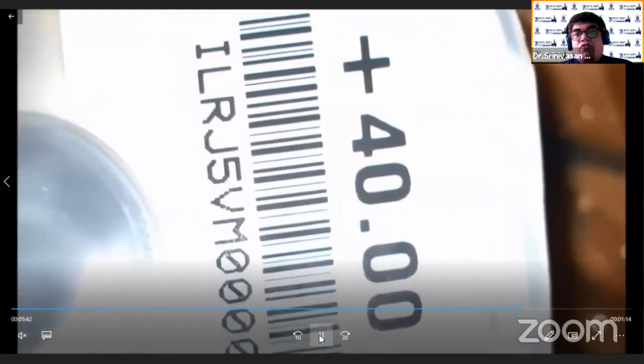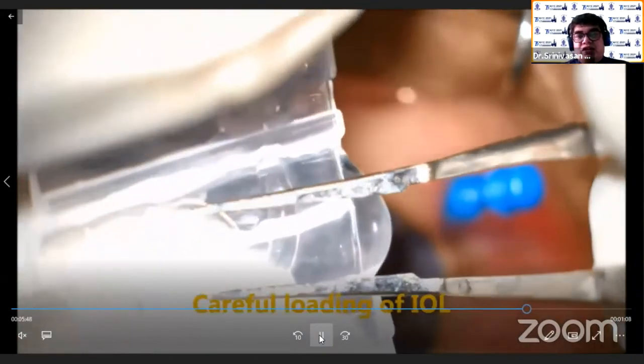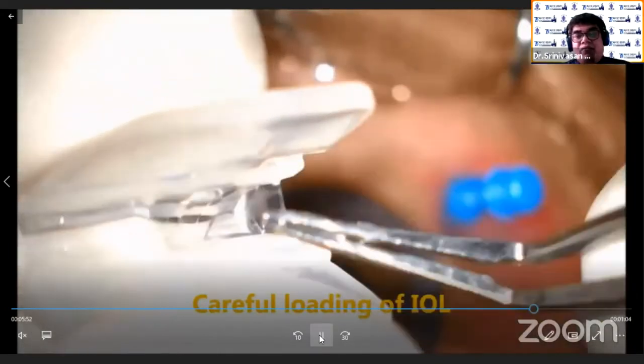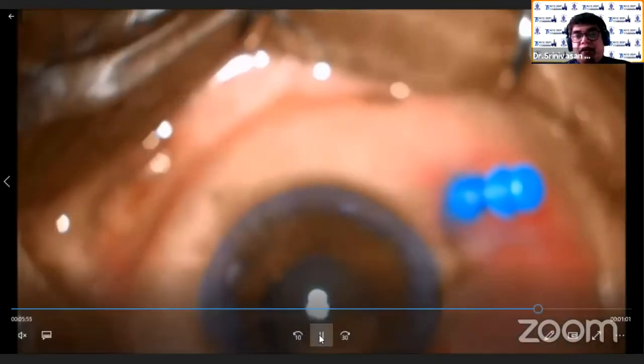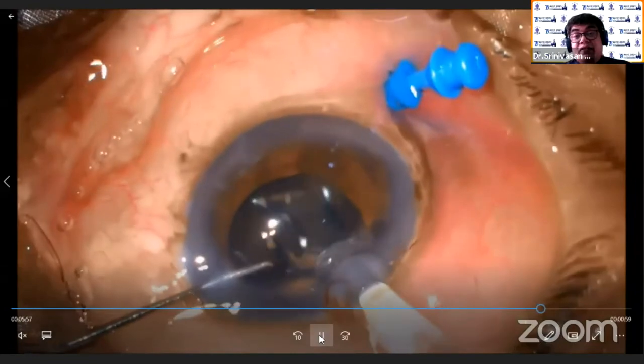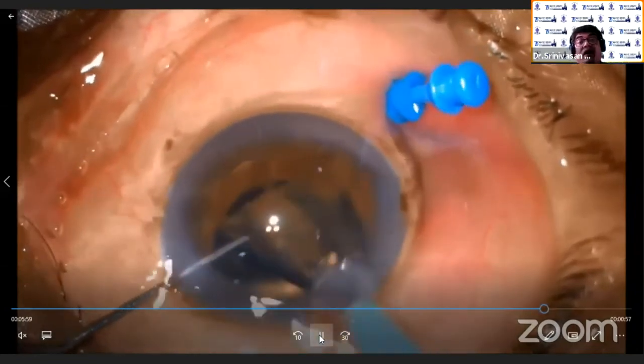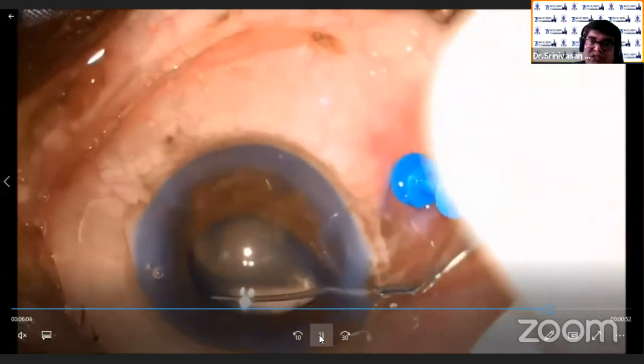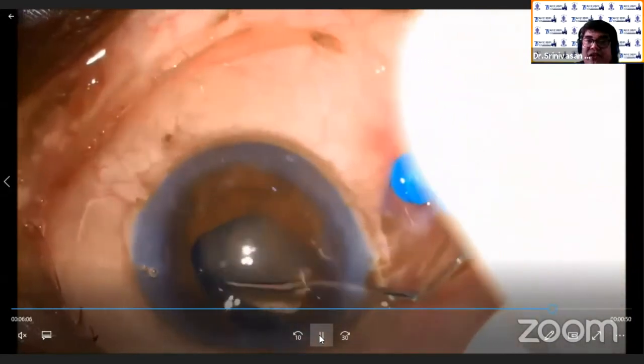A 40 diopter, specifically tailor-made lens is placed. You yourself load the lens. Don't allow the sister to load it. Sometimes because of bulky lenses, they cannot move out of the injector. I have come across a patient where the injector burst open and we could not have a second injector, so we had to postpone the eye. In a special case the lens haptic broke, and I have also had a case where I produced a rent while rotating the lens. With some bulky lenses, go very slowly.